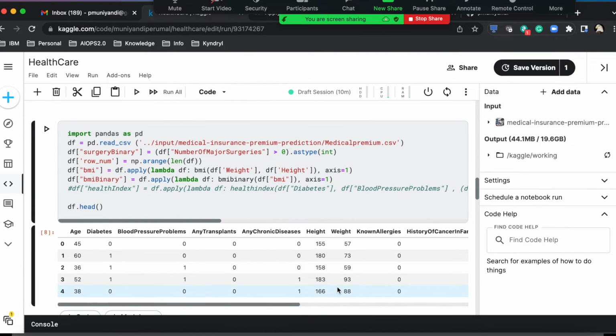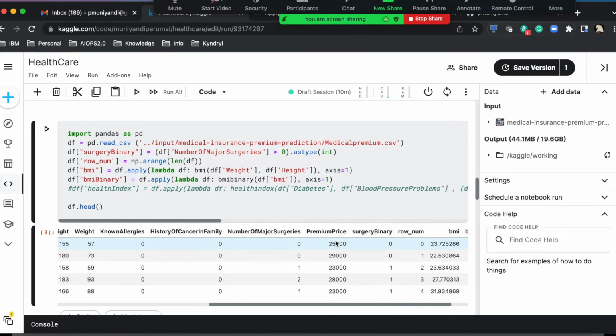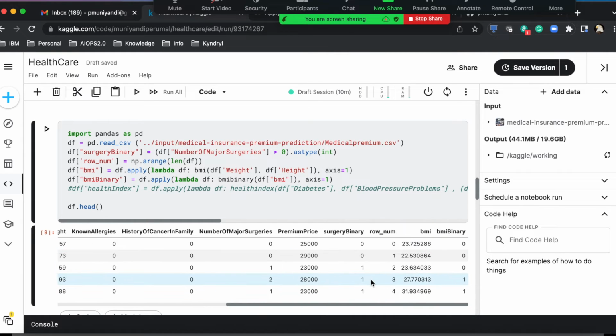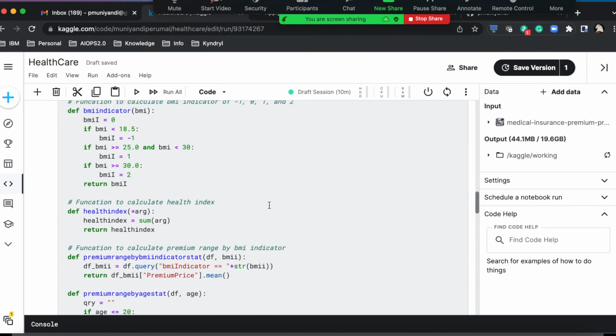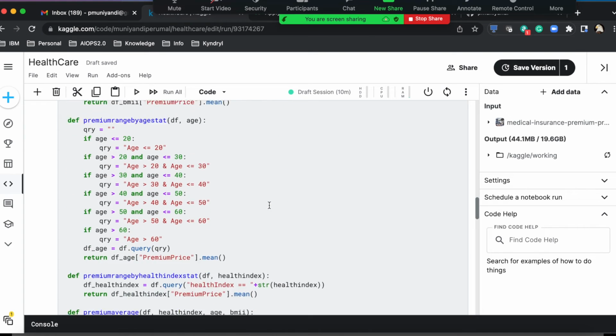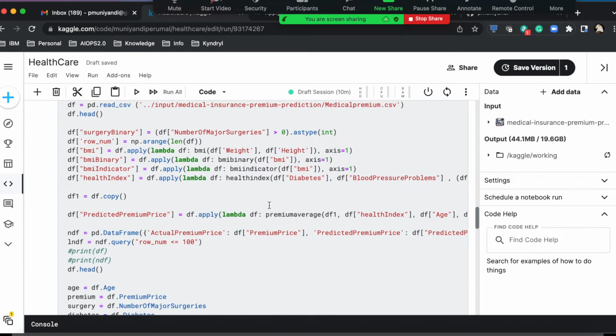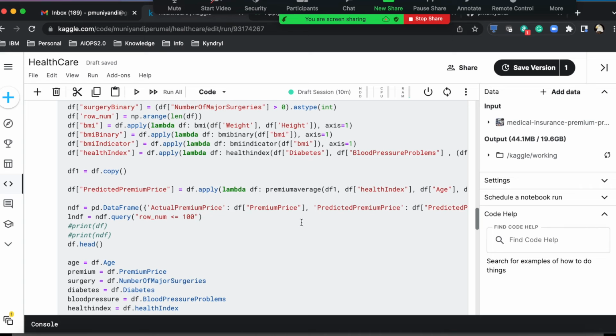See, what is the premium he paid? That is the premium. So I'm going to predict one more premium, what he is supposed to pay. That is what I'm going to do. The formula I'm using here is, each and every individual has a different way of calculating, but what I'm doing in this one,